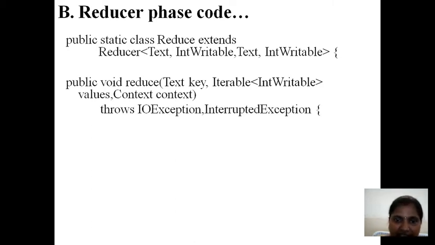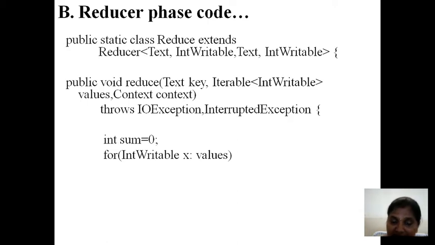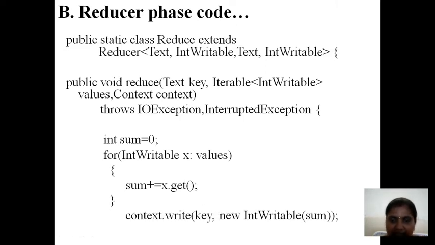Context, or key text, key value pairs, exception if you want to throw, you can, and the sum. This is for the word count concept. So how many IntWritables we have, the x values for each value, we are going to count that. The sum is going to be done for the x object. After getting that, later we are going to provide that value to the key value. Okay, right. So this is the code.